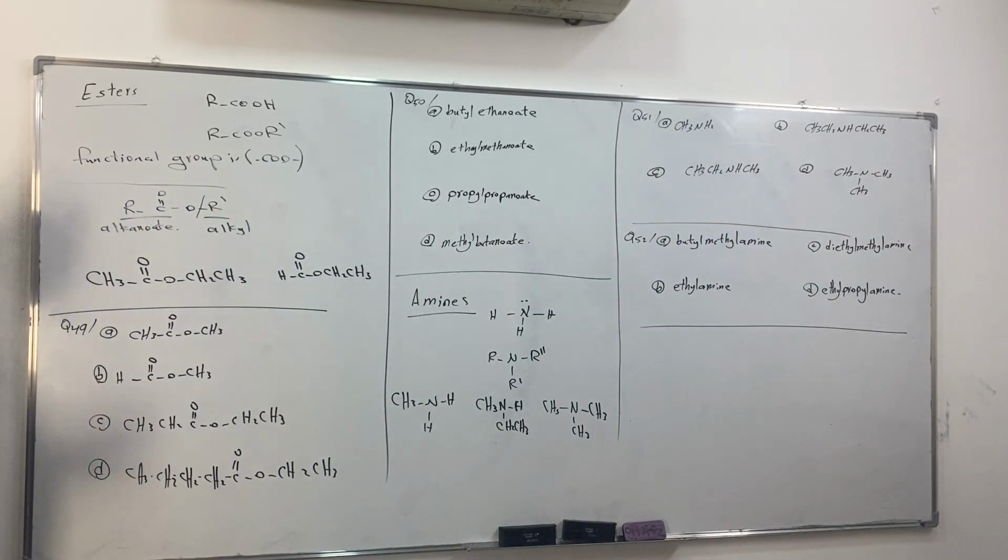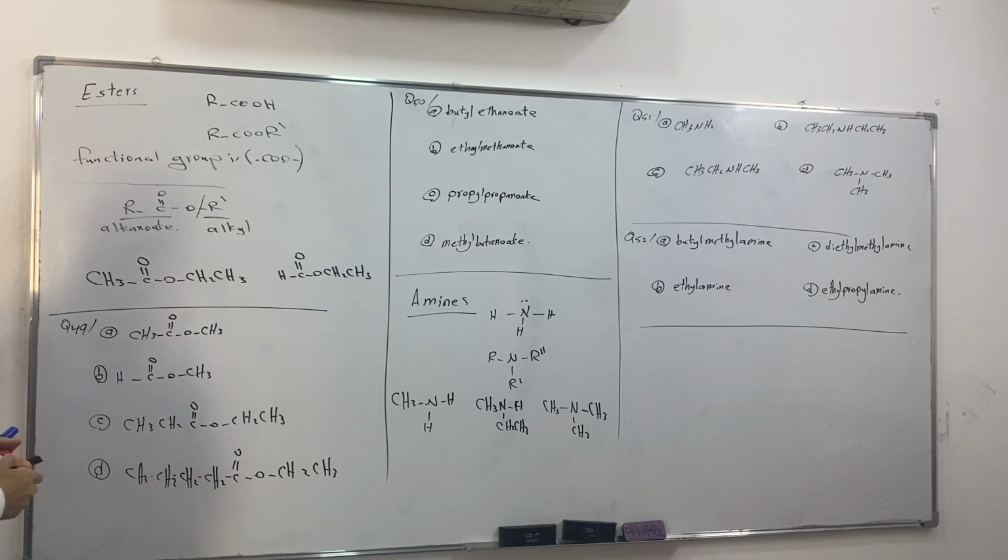Another organic compound we have to learn in chapter 10 section 2 is esters. Esters are organic compounds containing a hydrocarbon chain, and within the chain we have a carboxylic group. The difference between